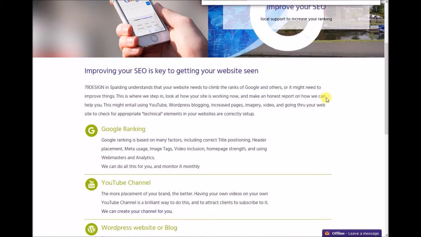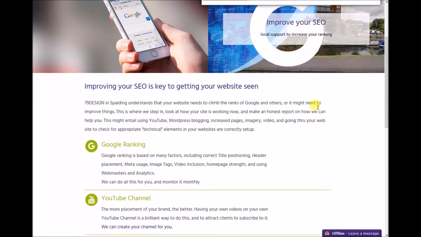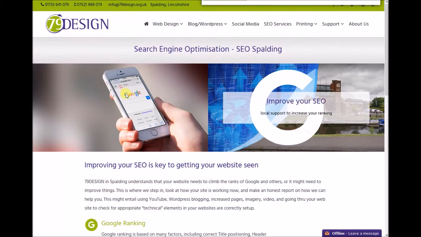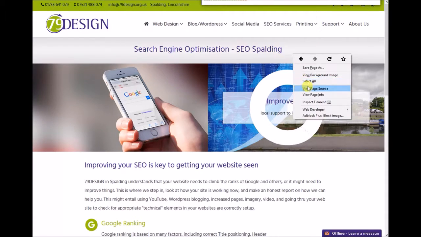Google can read the code and see that you have an image as well. So here are some images. Now this is where we need what's called the alternative tags, known as an alt tag. They are no use to you or me because you can't read them, I can't read them, but they are useful for Google to make sure that the image that's on there is relative to what the page is about. So if again we look into the source code,